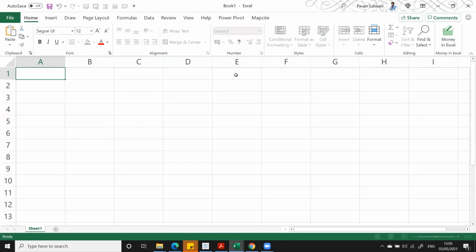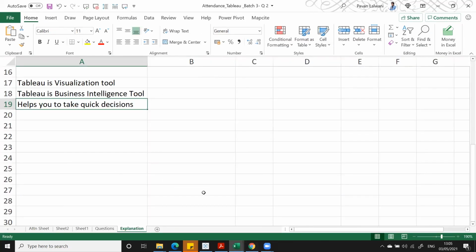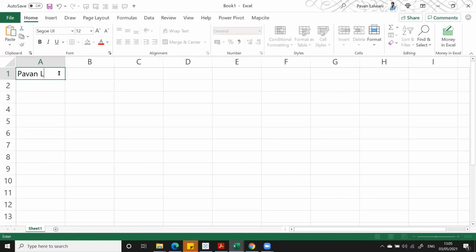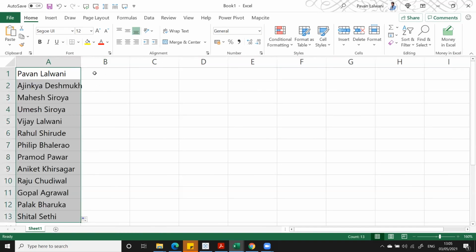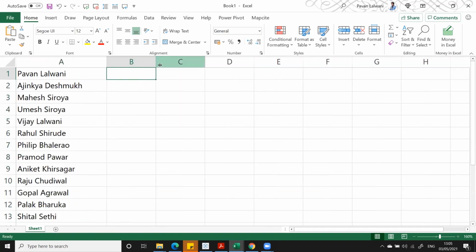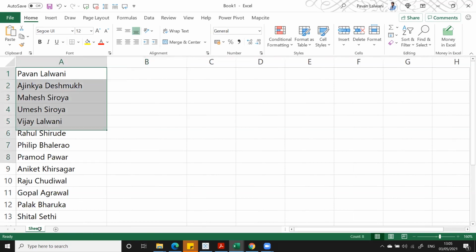Please see, I have all your names. I'll just type some names here in Excel. How do you extract the first name and last name? What is the method? How do you extract the first name and last name in Excel, if you get these names in the data set? Using any function, I think, a combination of functions? Text to columns. Text to columns, got it.